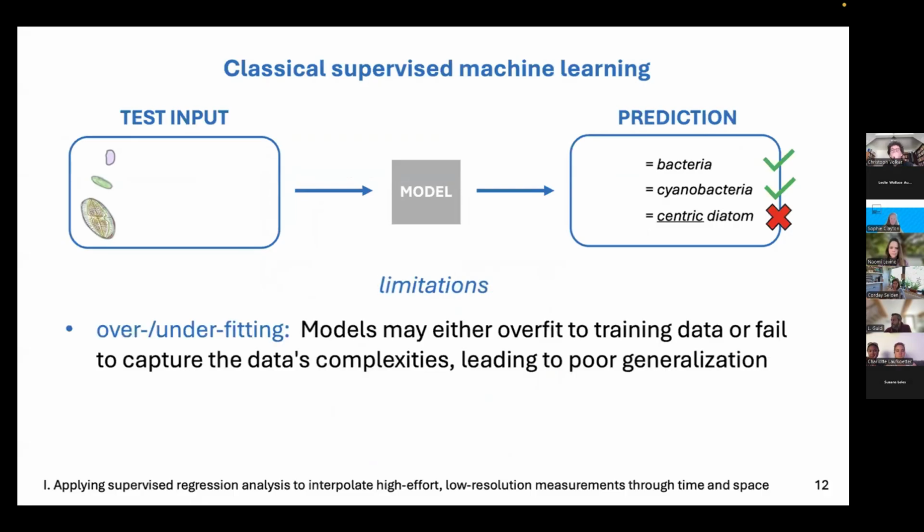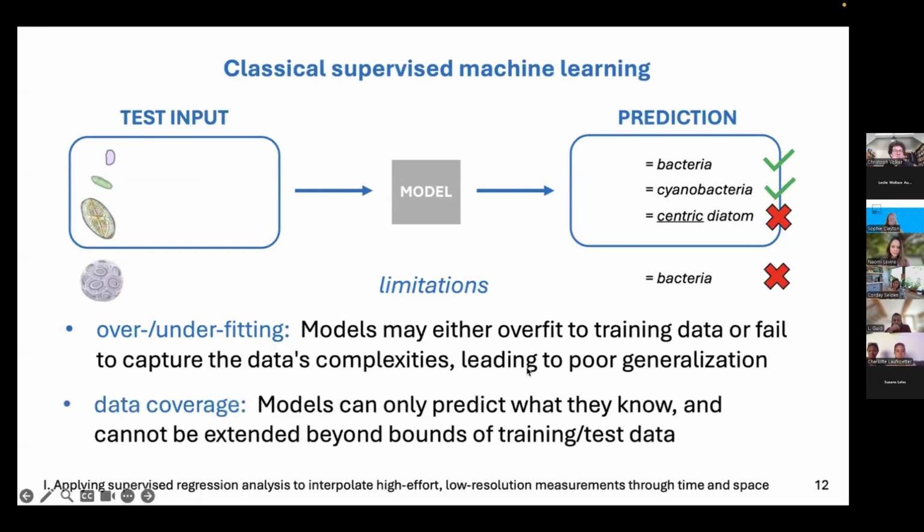Once the model is optimized, we can then assess its performance using the reserved test data that was not involved in training. Now, while this form of exercise is becoming increasingly common in biogeochemistry, there are some really important limitations to consider. One of the most important is the potential for over or underfitting the model. Underfitting is when the model is too simple to capture the underlying structure of the data. This can occur if you lack suitable input variables. Overfitting is when the model learns the training data too well, including noise and random fluctuations, and fails to generalize to new data.